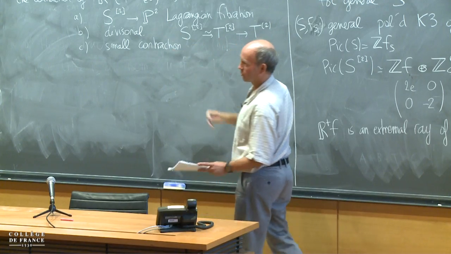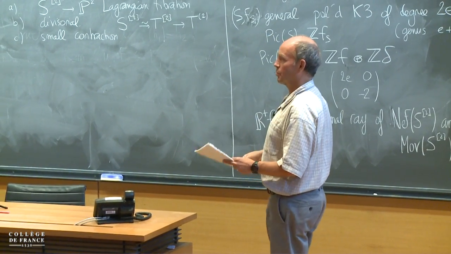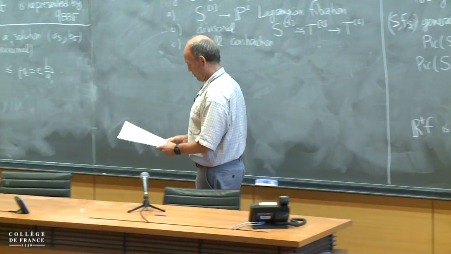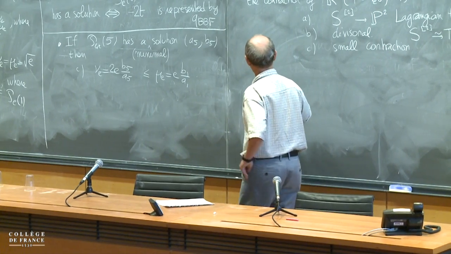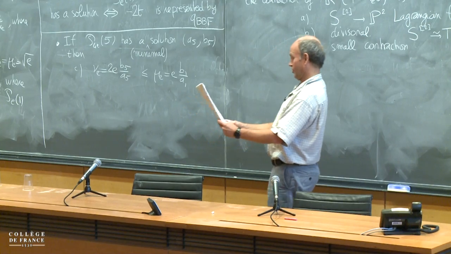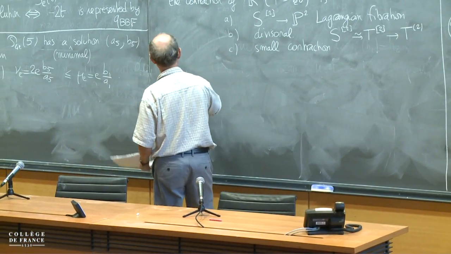Okay, so everything here is due to Bayer and Macri. Okay, so sorry for this very long theorem, but it has nice applications, and the first application was given by Boissier, Cattaneo, Nieper-Wisskirchen, and Sarti to the automorphisms